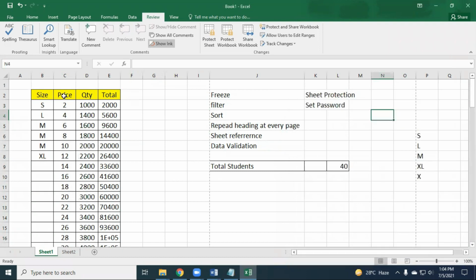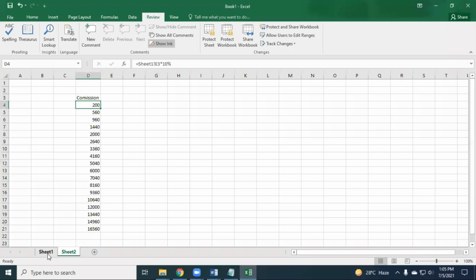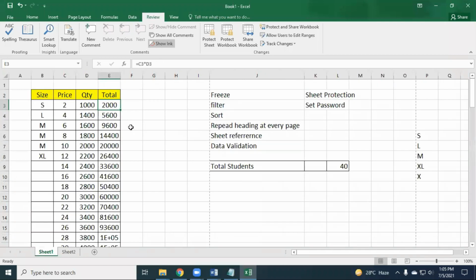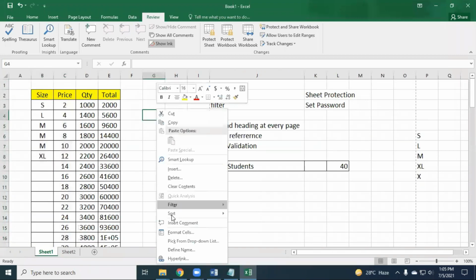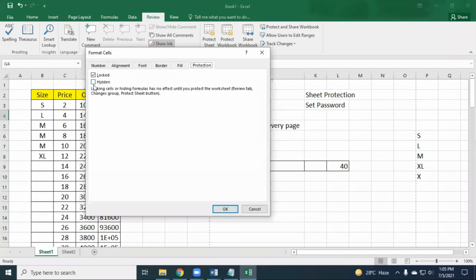So what we have to do is very simple. Sometimes if you create an Excel sheet with formulas, and there is protection also, people can still see the formulas. That is also disgusting. I would like to hide the formula also, so that no unauthorized person can see my formula or change the values. Only specific cells they can enter values in. By default all cells are locked, but not hidden. Hidden means it will hide the formula.